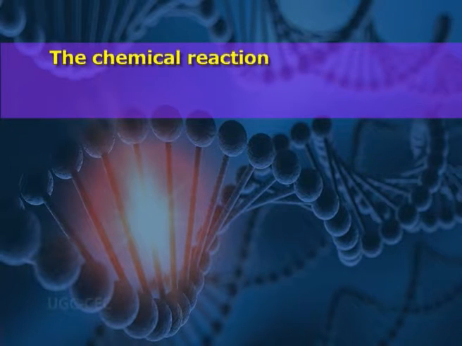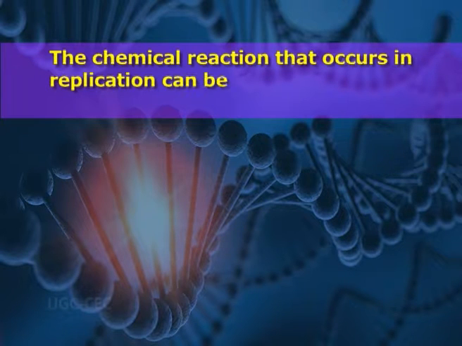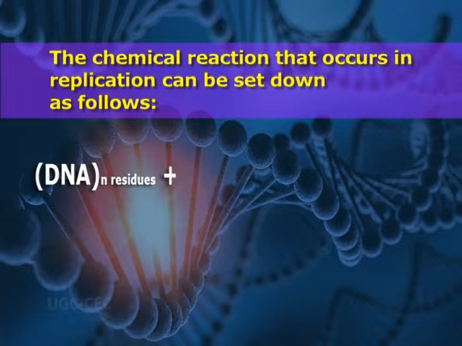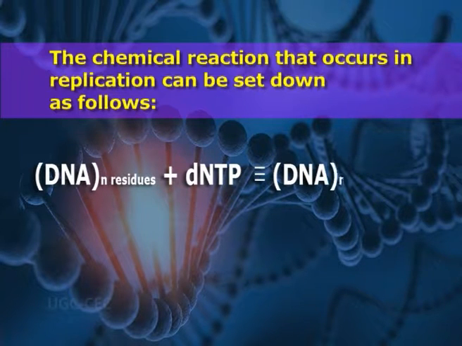The chemical reaction that occurs in replication can be set down as follows. DNA having N residues will accept a dNTP and will increase to DNA with N+1 residues, releasing a pyrophosphate